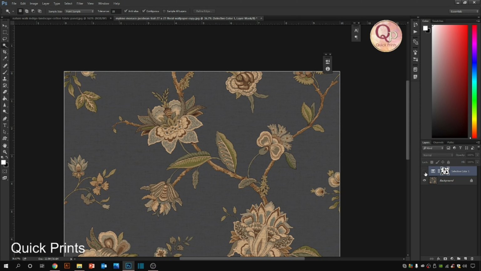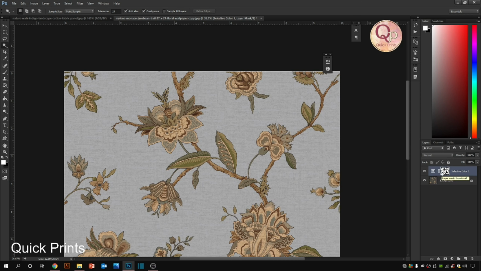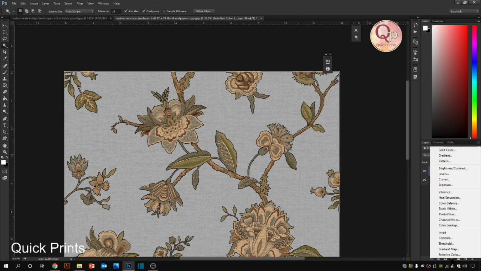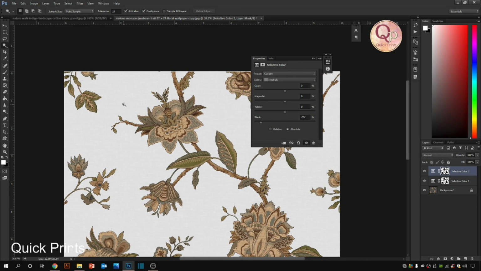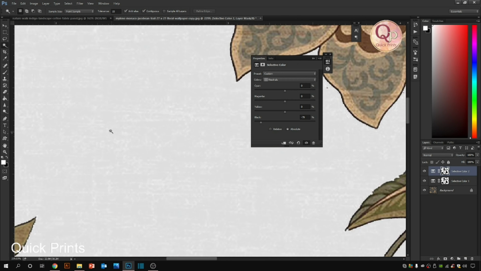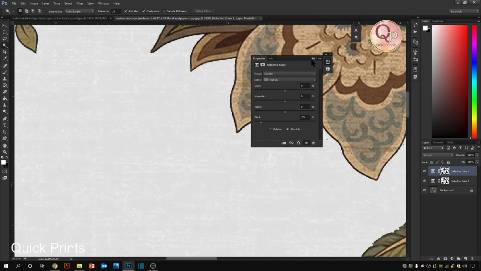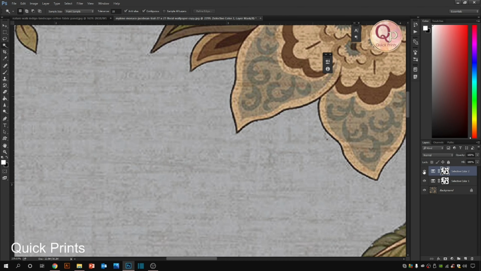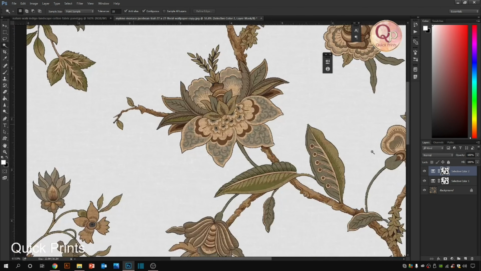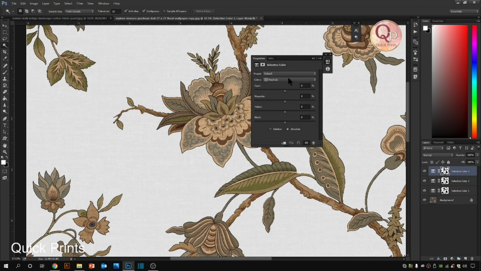So this is the difference in the first layer. Hold Ctrl and click here. Now the selection is again selected. Another layer, neutral, increase the white. So now you can see we have reached white with the textures. As you can see, in the original image there was texture, and if we do white we are still getting textures. If you need more white, just do it once again with the selection. Now you can change it to white because the shades have come white.